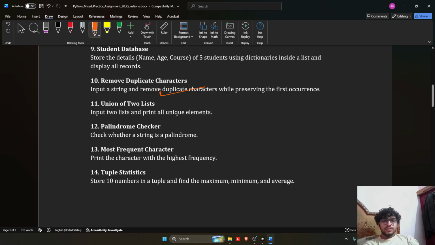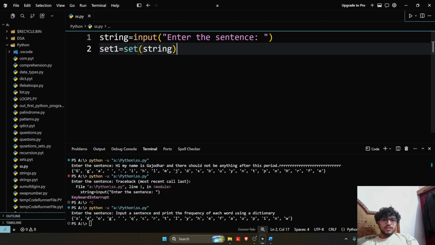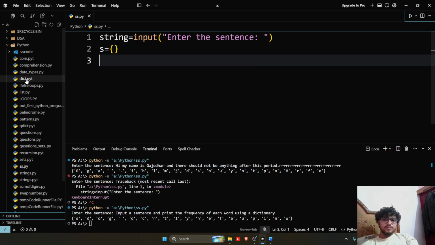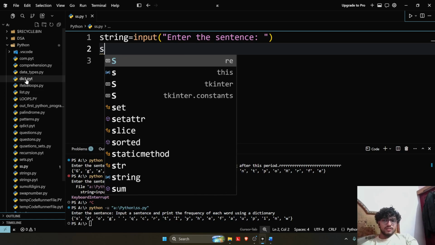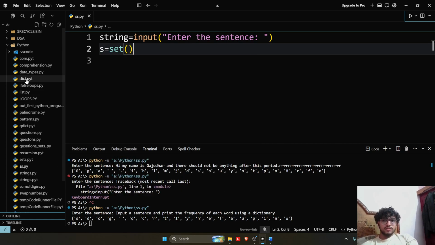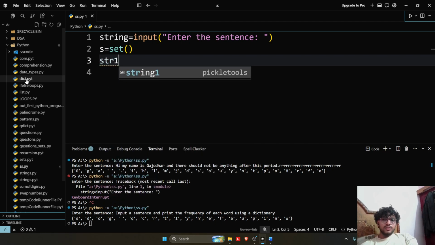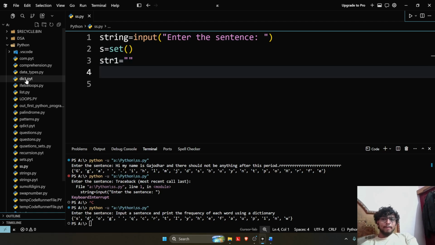And there is remove duplicate characters. We can obviously do this, but here the condition is that we have to preserve the first occurrence. So this is a good question. Suppose there is a string and we have to remove any occurrence other than the first. So we'll take a set. What we can do is, every time we iterate, we put the character into a new string, let's say str1. Now for i in string,